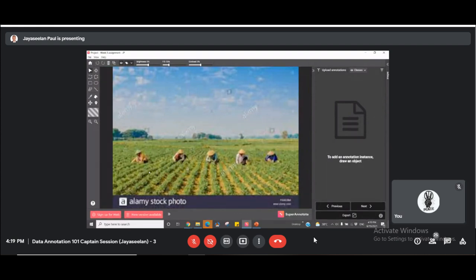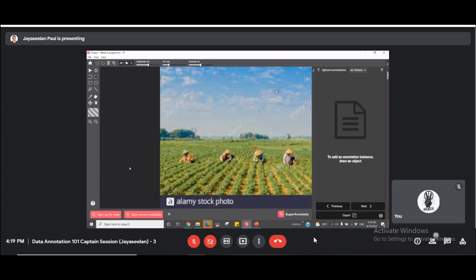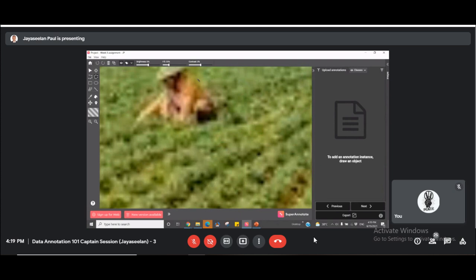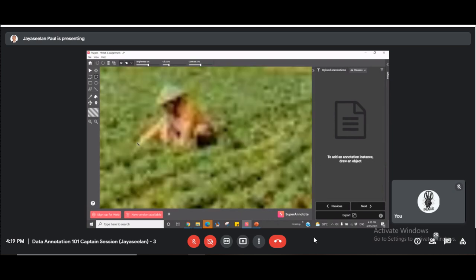Let me show you another one. If you want, click on this, zoom into the maximum that you can.